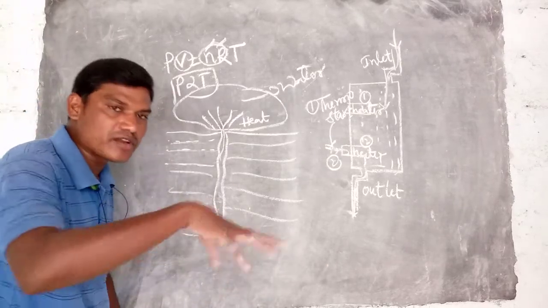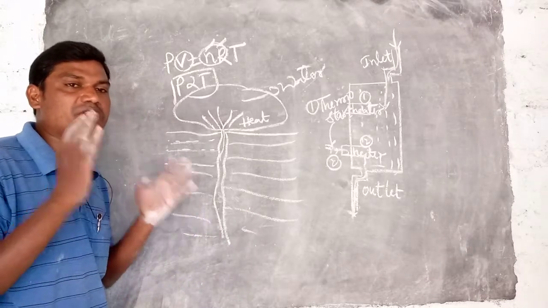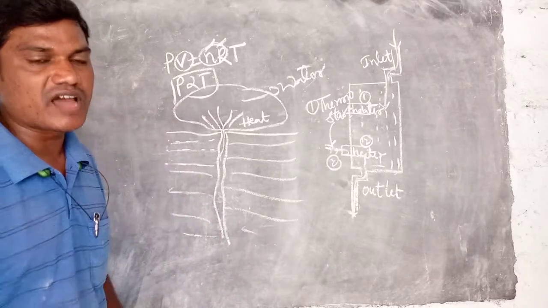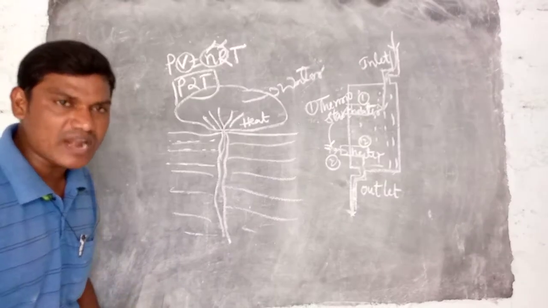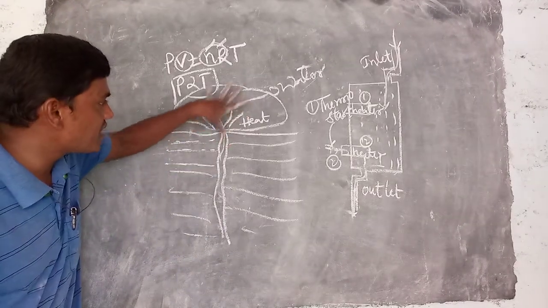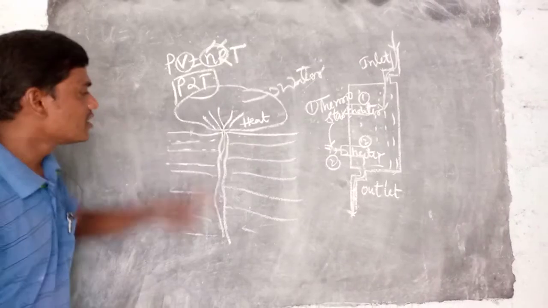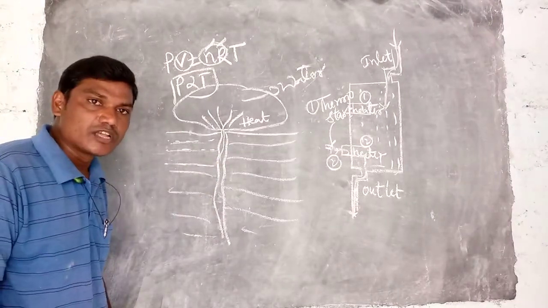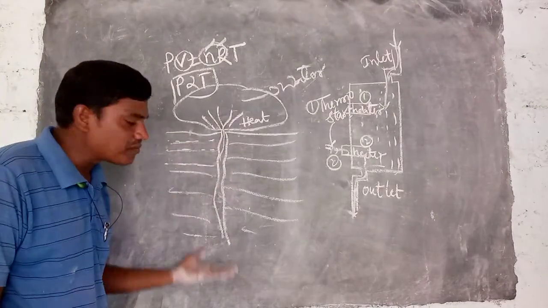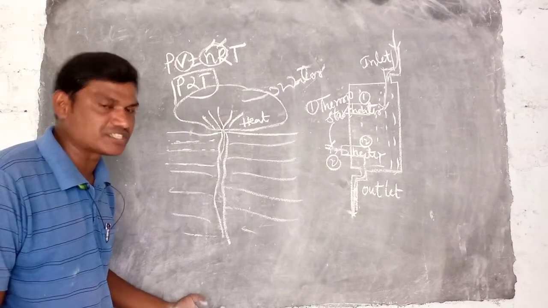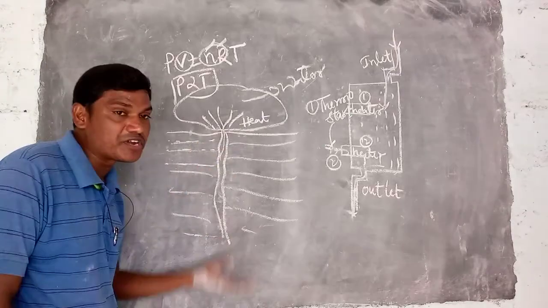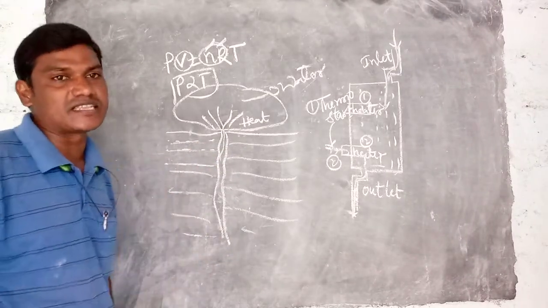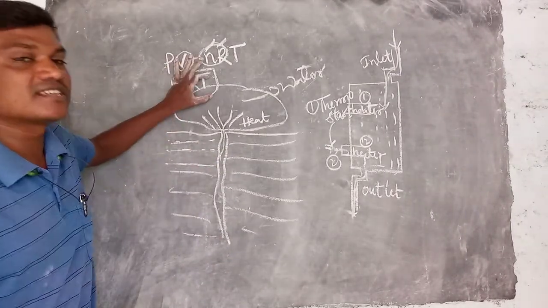In that area the water temperature is 40 to 43 or 45 degrees Celsius. But who heats that water? No one can heat the water, so how is the water heated in that particular area? It is due to the natural geyser. We know that as we go deep inside the ground, P equals h rho g. If the depth increases, the pressure increases, and if the pressure increases, the temperature also increases.